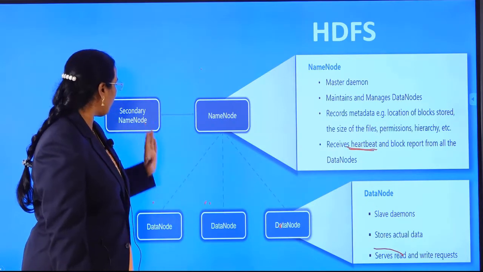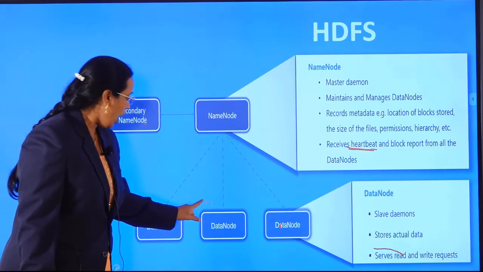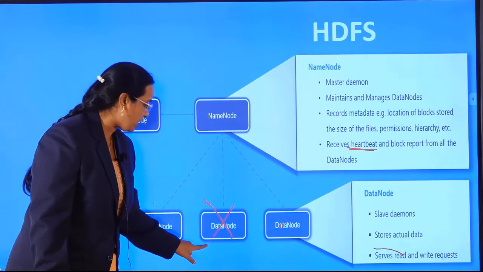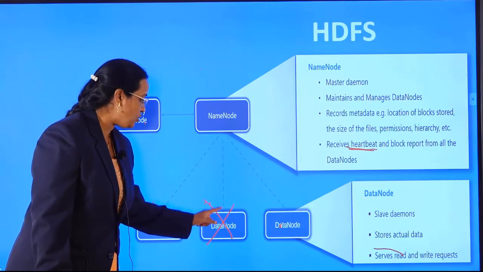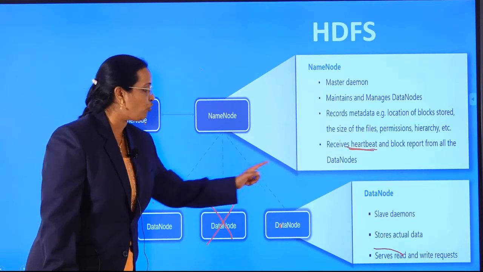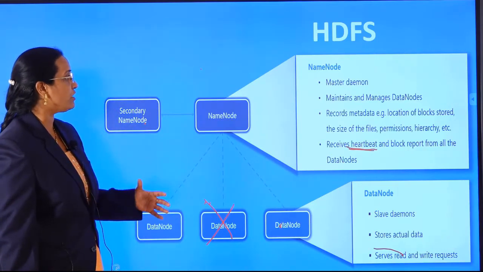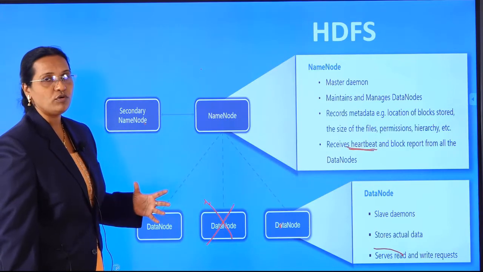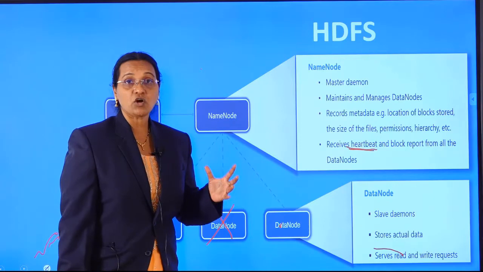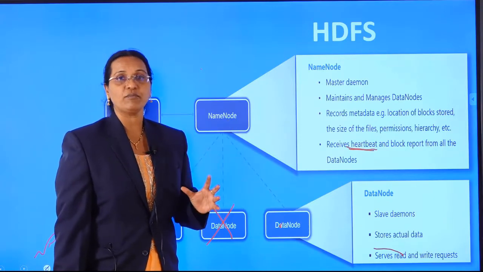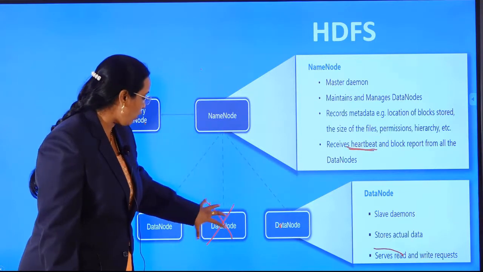And of course there is one more node, called the secondary name node. A data node may not work because of hardware failure or something else; immediately the job done by this node will be allotted to whichever node is free. Similarly, there is a chance of the master node also not working. The master node may also suffer hardware failure. But the master node is storing some important information such as metadata. What amount of data has been stored at this node?